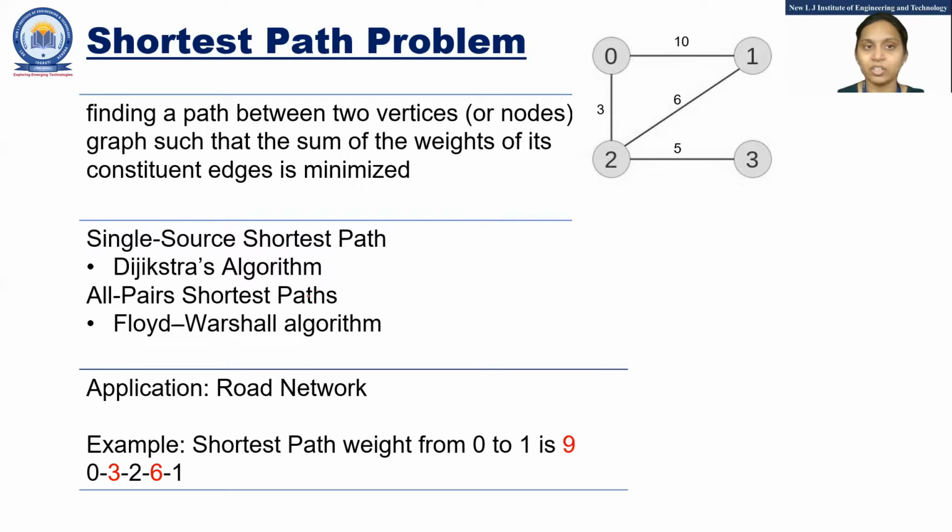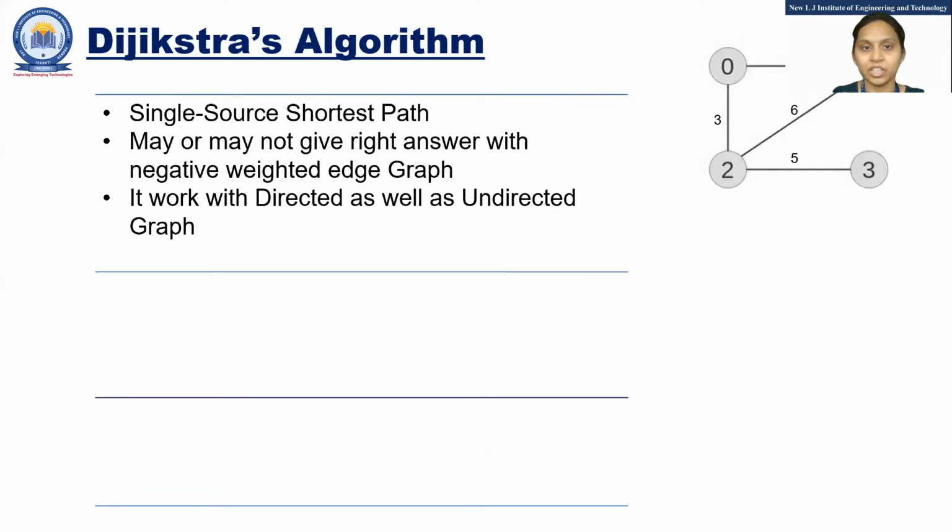Now, if you understand the fundamentals of how the shortest path is useful, let me take an example for the Dijkstra algorithm. Dijkstra algorithm says, first of all, you are able to perform the algorithm only if your graph doesn't have any negative edge, because if you have some negative edge in your graph, then you probably will not get the right shortest path. So this is, we can say, a limitation of the Dijkstra algorithm, and it can work with directed as well as undirected graphs. Fine, let's start.